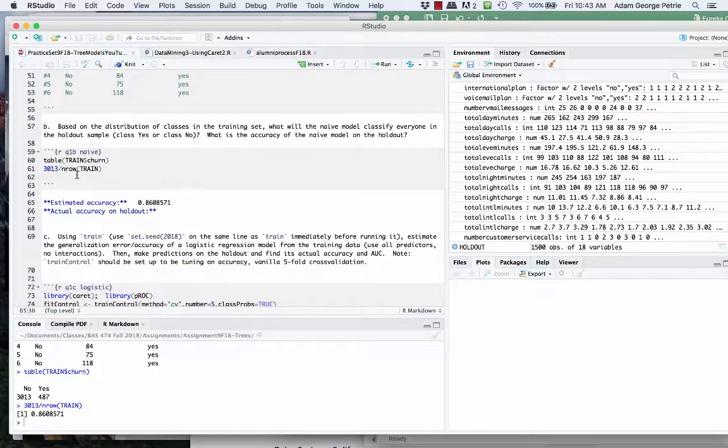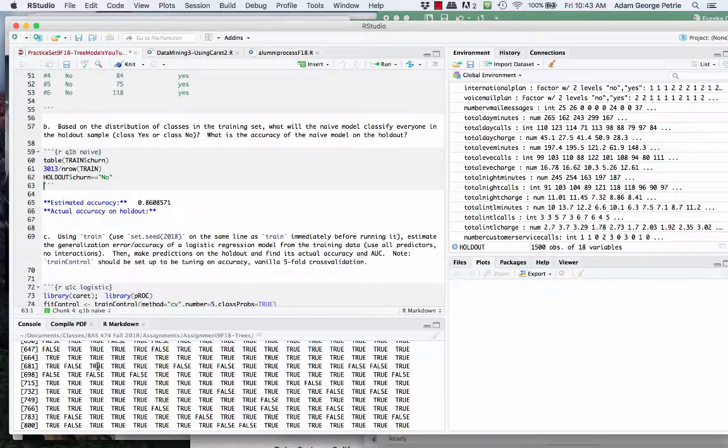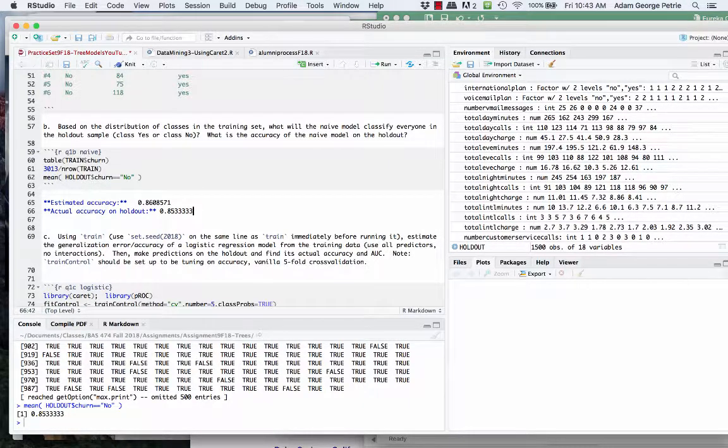How well does that do on the holdout sample? Well, we need to see what fraction of the individuals on the holdout sample had that majority class. If I type in the logical statement, holdout$churn equals no, I get a bunch of trues and falses for whether or not that individual did not churn, or if they did. And so I can look for the average value of this vector, since true is 1 and false is 0. And I find that this model has an 85% accuracy on the holdout sample. 85.3% of the individuals on the holdout sample do not churn. And that's a pretty high accuracy. So I need to make sure that if I am interested in tuning models on accuracy, that my model can